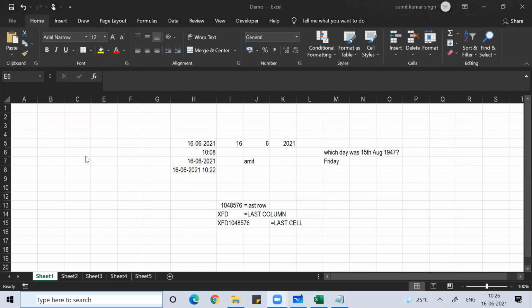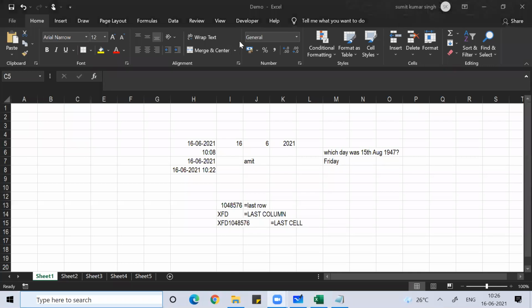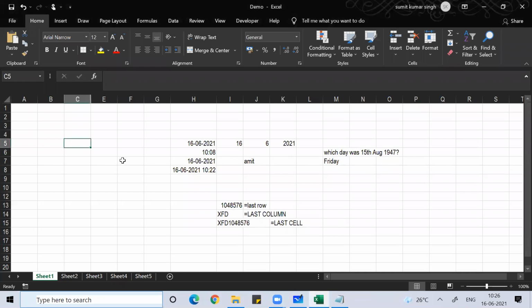Control Shift what, Reshma? Control Shift right arrow, down arrow. With that you can select the data, Reshma. With Control Shift you can select the data. Shift will select, Control will do everything. Vertical data, I want to put it horizontal, and then Control V. No, guys, to put horizontal data vertical or to make vertical data horizontal, you have to use transpose.